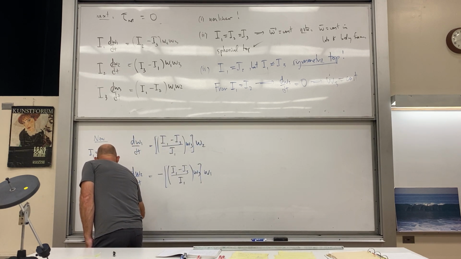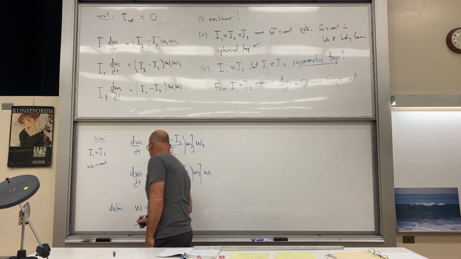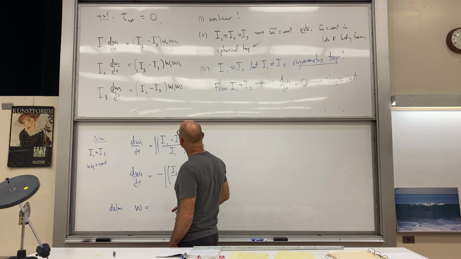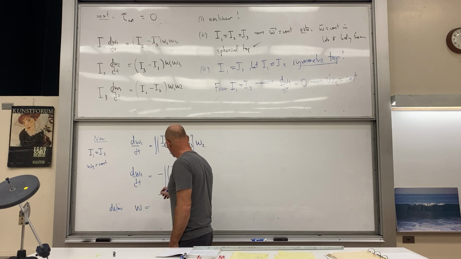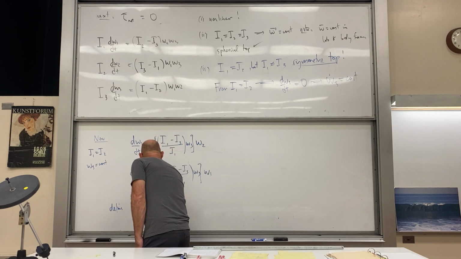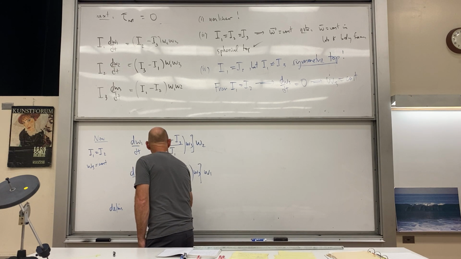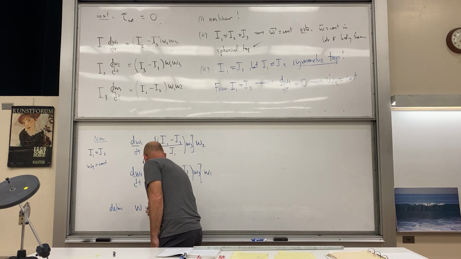So let's go ahead and define, could have been nice to make this the magnitude of the vector, but forget it, we're fine. We're just going to define this as I1 minus I3 over I1 times that omega 3. So we'll define that,